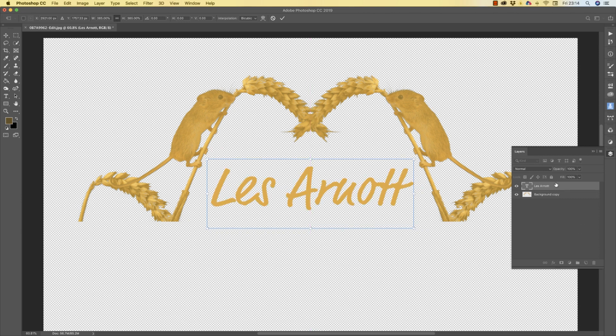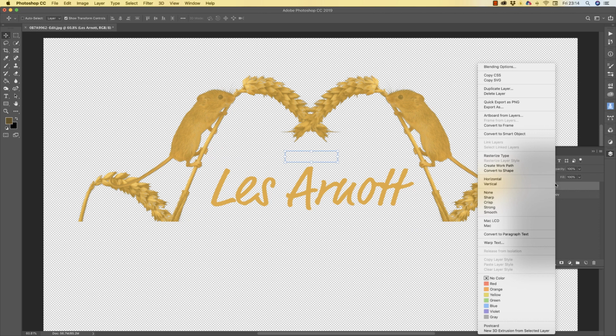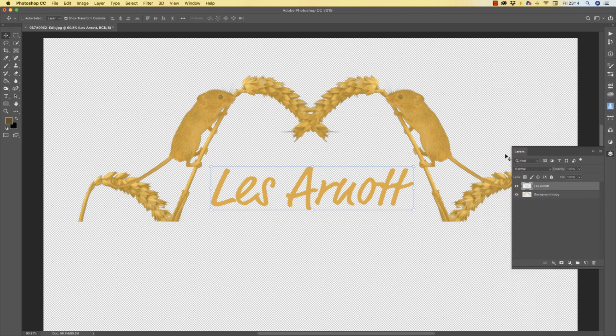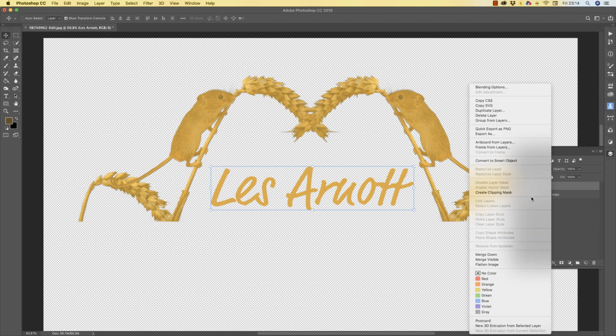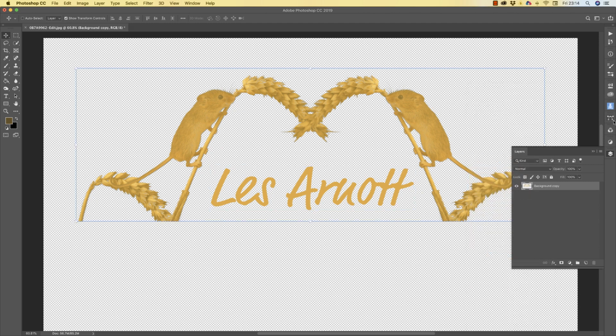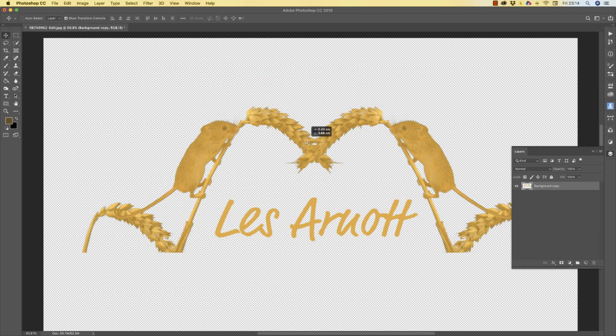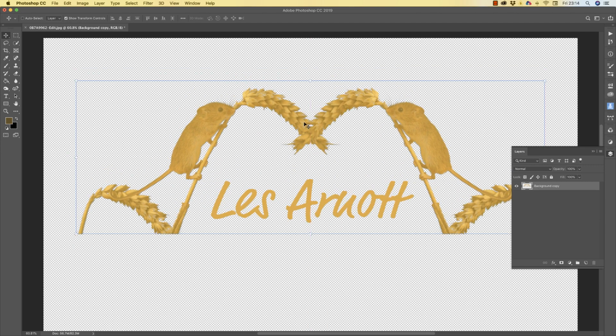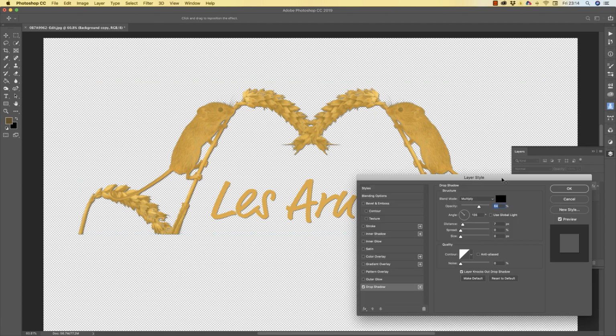Now what I'm going to do, when you're happy with that, I'm going to right click on the text and rasterize the type. And that means it's now a bitmap instead of a vector text image. It's a bitmap image. And then I'm going to merge that down to the background copy, and there, got it all on one. And then I'm going to put an effect on that. I'm going to click on the effects tool, click on drop shadow,